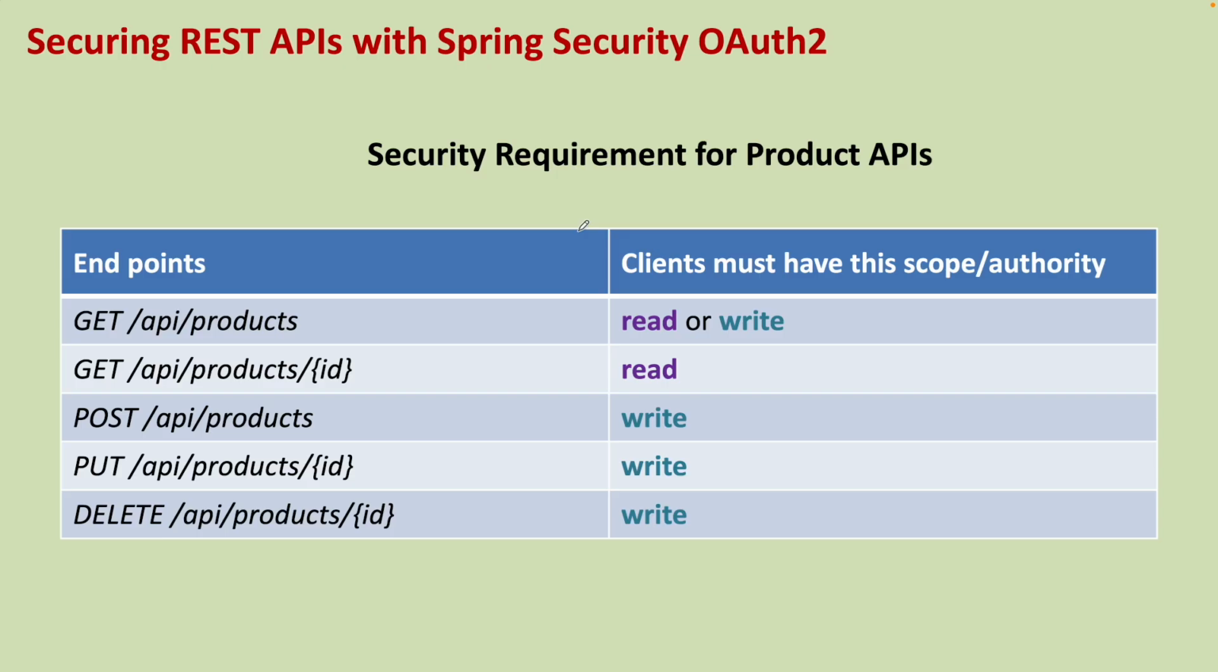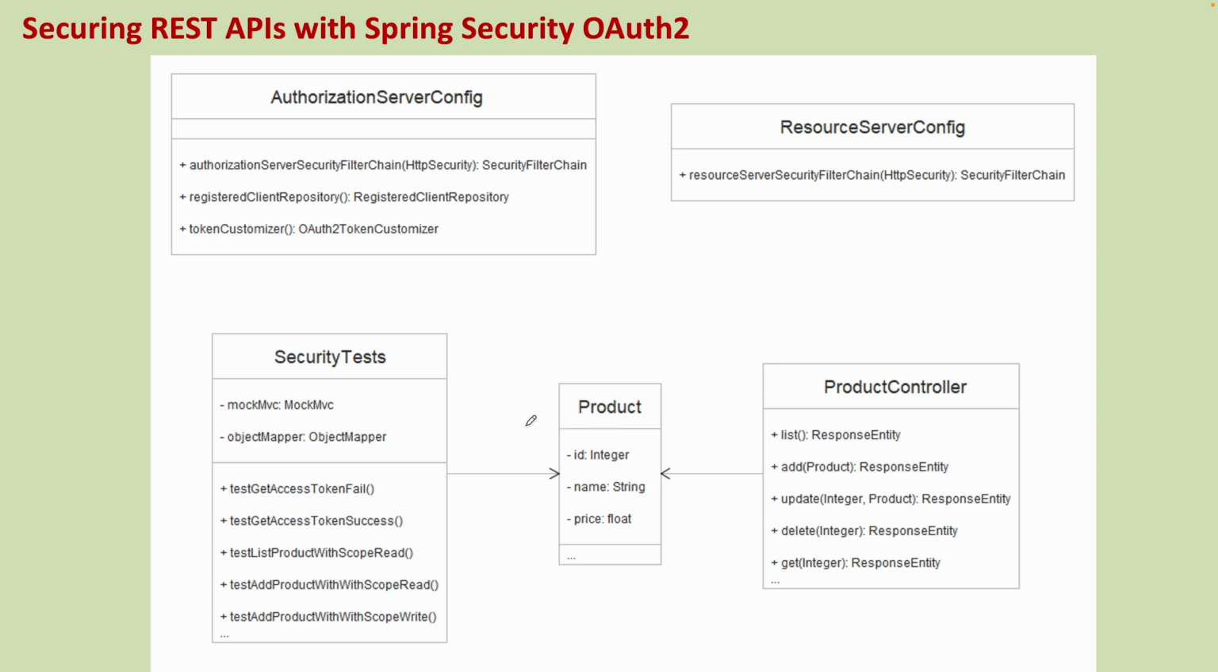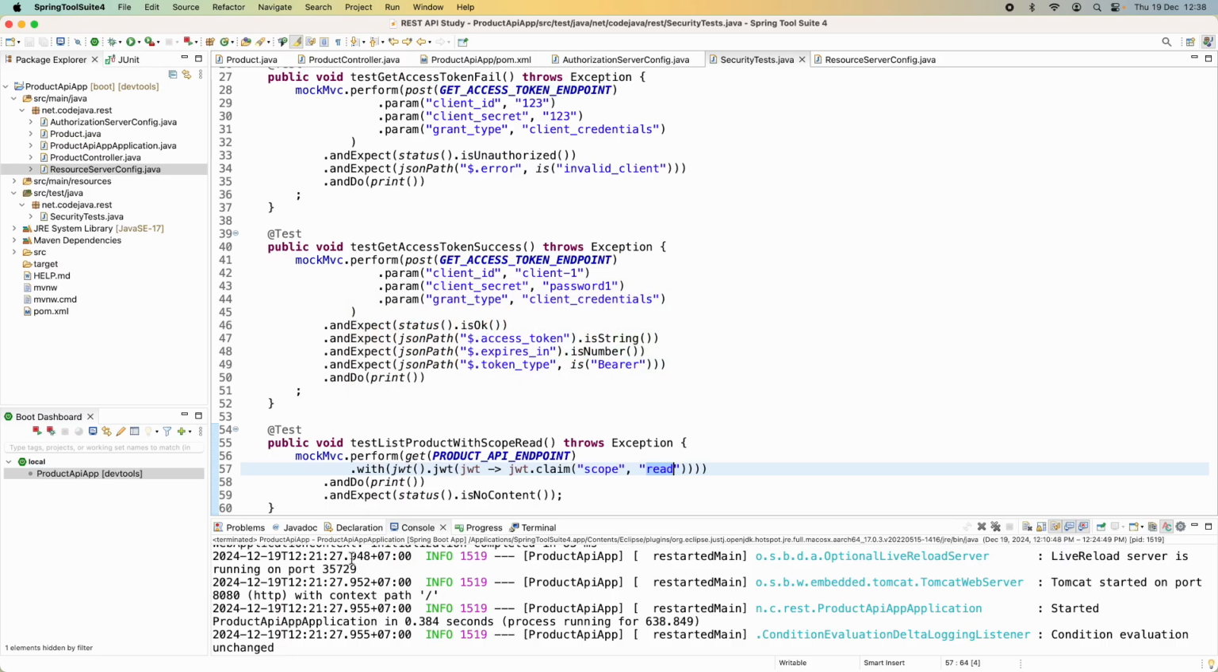Next, let's write code to secure the add product API at this endpoint, POST /api/products, and the client must have the scope or authority name write. And for testing, we code two test methods: test add product with scope read and test add product with scope write. Okay, come back to the project,